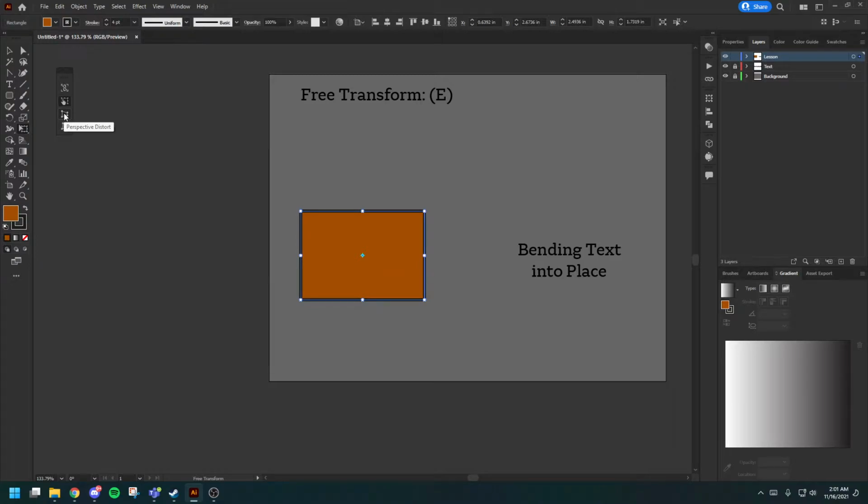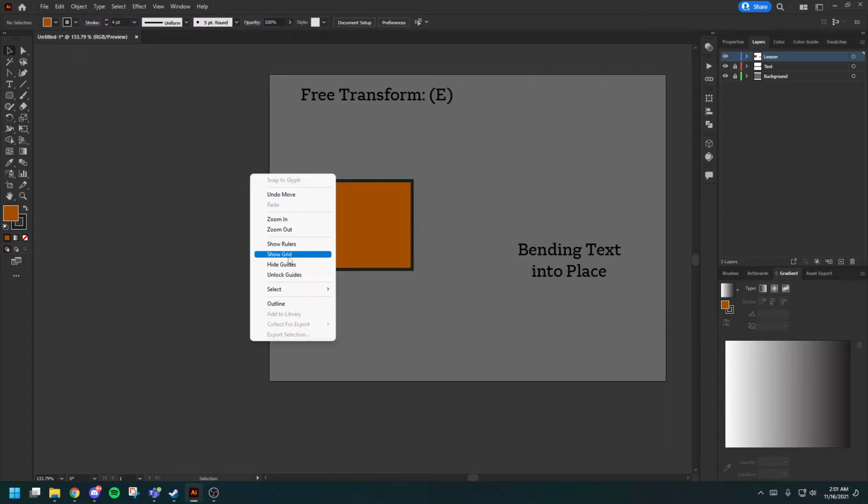Now, what's more interesting is our perspective distort and our free distort. Now, perspective distort allows us to change the perspective of an object. Now, this falls into a 1-point and 2-point perspective and the way that those work. So I'm going to be putting a little faith in to assume that you have already learned about at least 1-point perspective. And we will say, just for sake of argument, that we will be working with a vanishing point